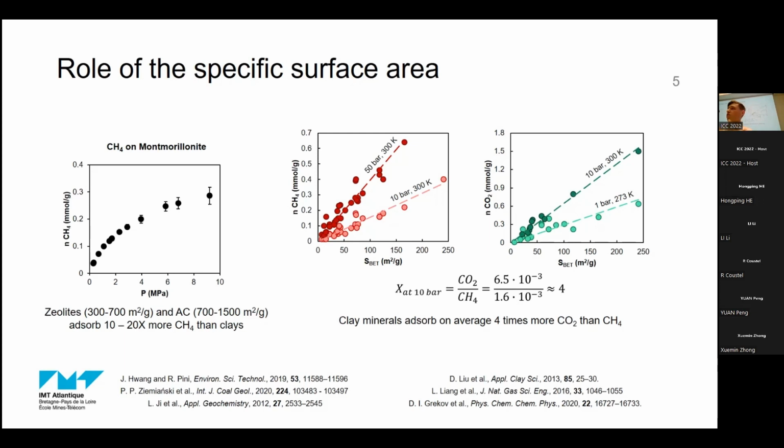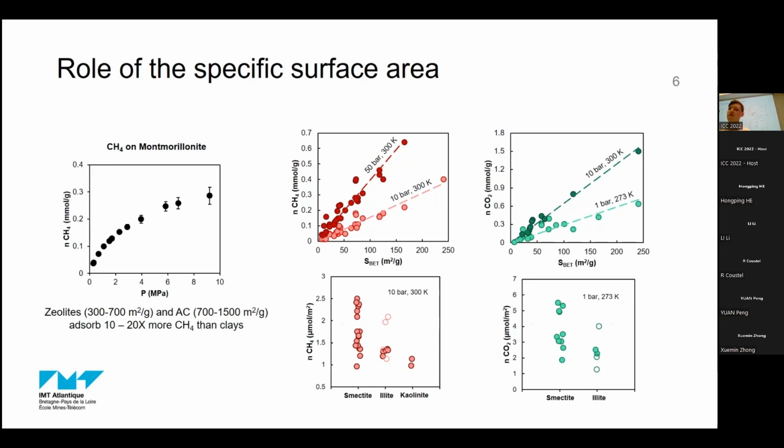What is curious about these systems is that the correlation is not strict, it's not perfect, which means that different clays may have different affinity to gas. If we divide the adsorbed amount by the surface area and separate clays into different classes, we may find that for smectites the affinity can be high or low, so quite largely distributed, but for illites and kaolinites it is rather low. To understand the origin of this difference, we carried out an experimental study